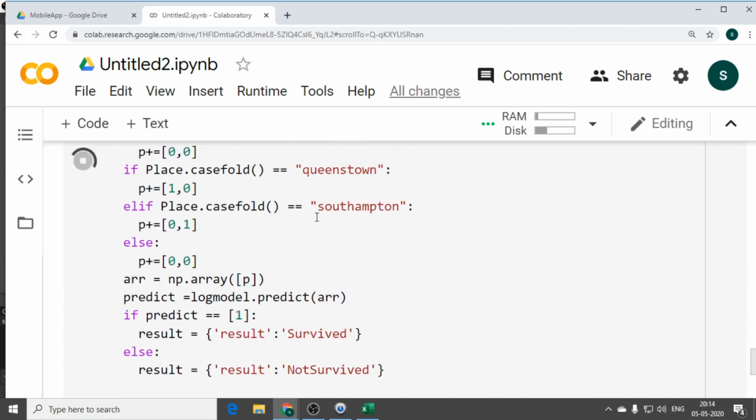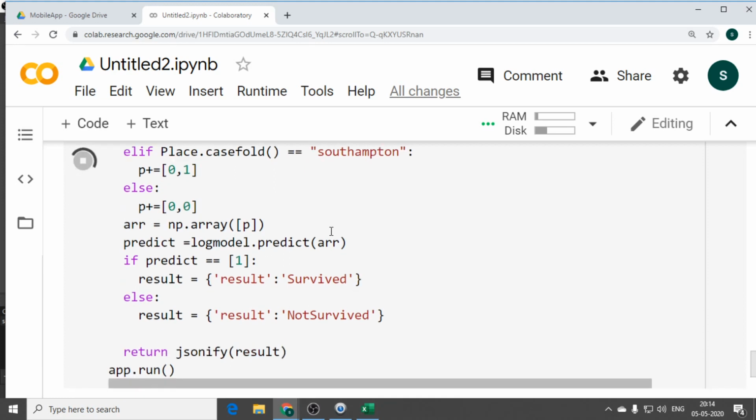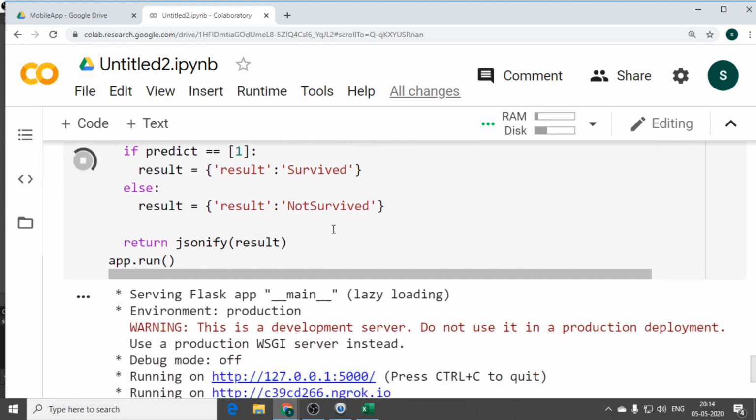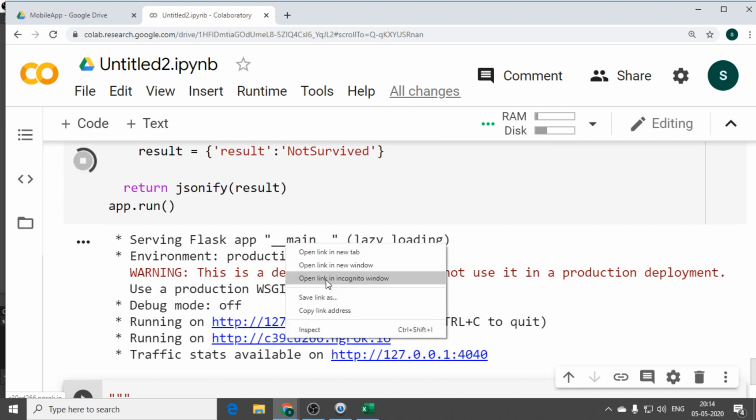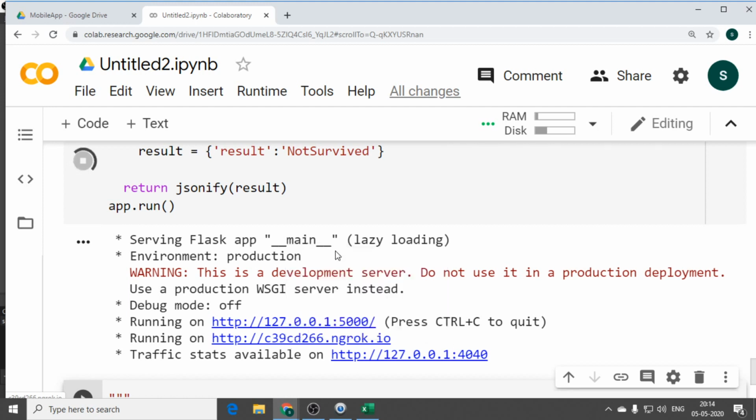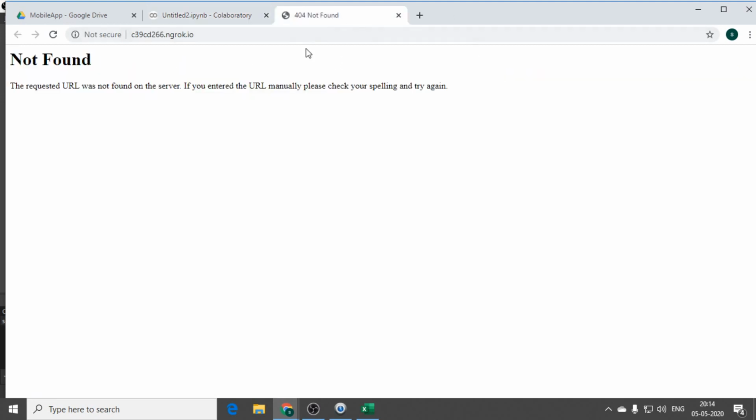You should understand how we are trying to give the input for a user, because you are working on the data. It should be of logical thinking. Don't believe in exceptions. Once you can see the URL, this is your public URL. If you try to open that in a new window, obviously you will get output as not found, because you did not give any input.